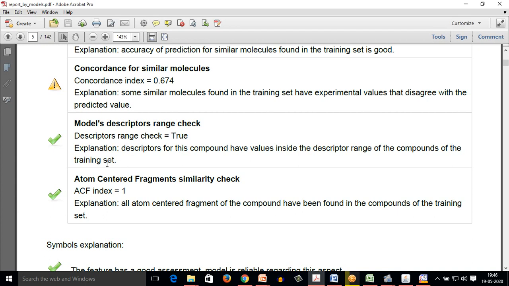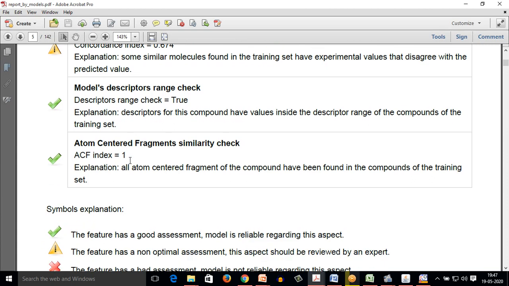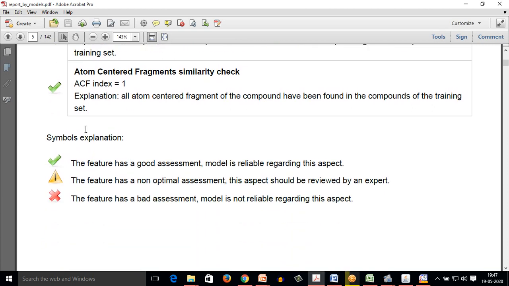You might be aware of the Lipinski rule, which includes certain ranges, like for log P it should be less than 6. So the data that was generated follows all the descriptor ranges for my molecule.